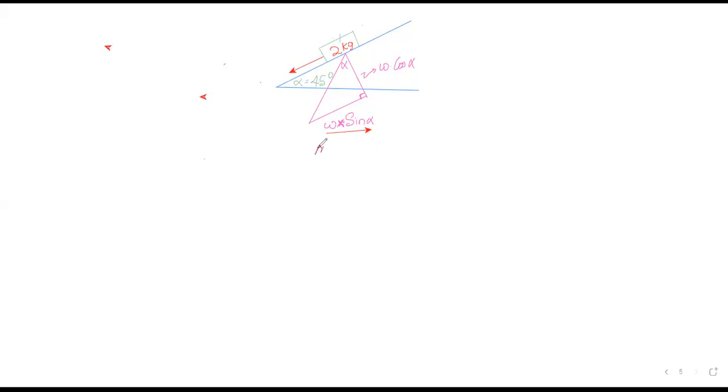Here it will be mg sine theta, which is equal to the force that is parallel to the surface where an object of 2 kg is resting, and that will give us